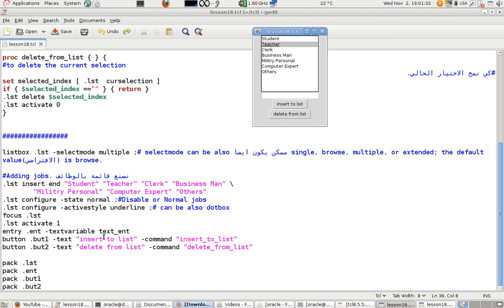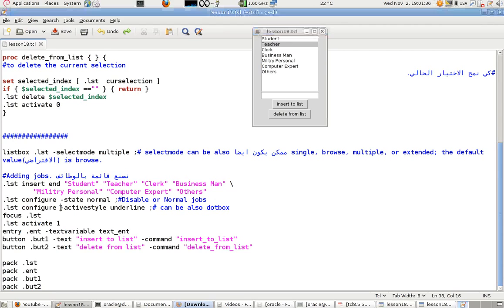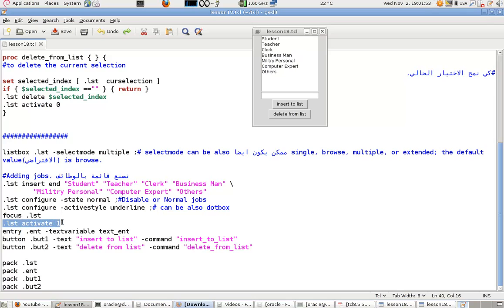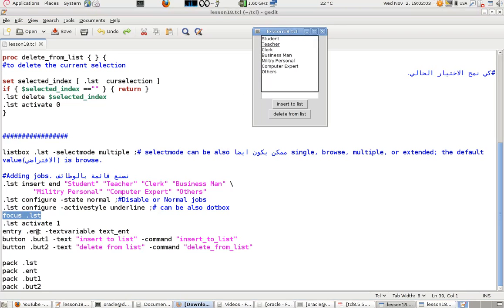But of course the options are specific depending on the widget. So I have this active style, which will underline, if I focus on the window, it will underline the activated one, which is this one, .lst activate. But it's better to use a focus command on the .lst, so it will highlight it quickly. Okay,